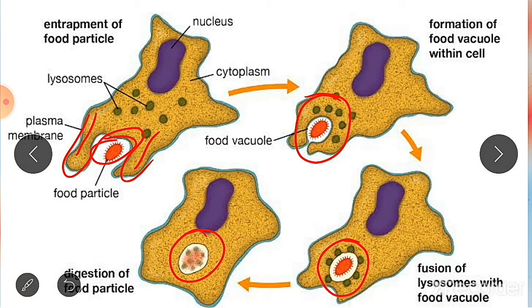Then capturing of pathogens. Just now I told you, bacteria or viruses or any other foreign particles, they capture it and they digest it. There are different types of endocytosis. The first one is phagocytosis. It is also known as cell eating, and it is a common method in amoeba and some lower metazoa like sponges. In sponges also this phagocytosis is there.